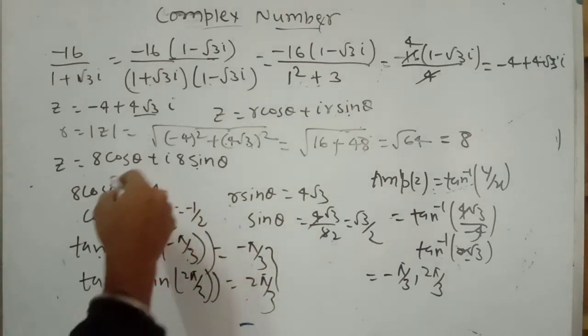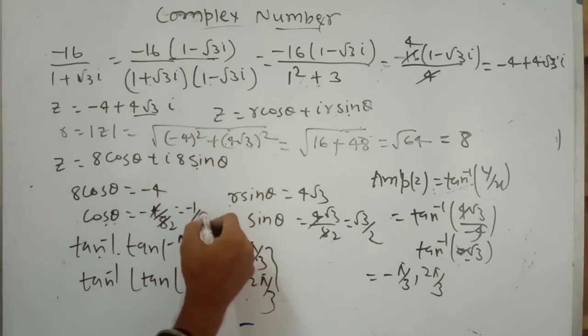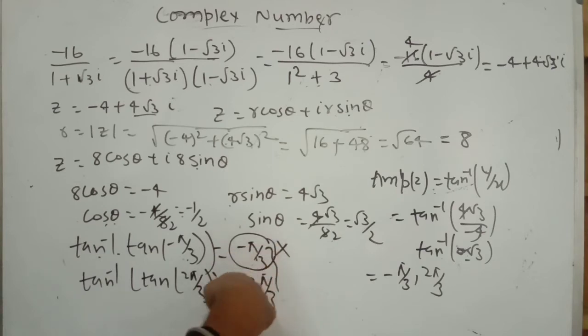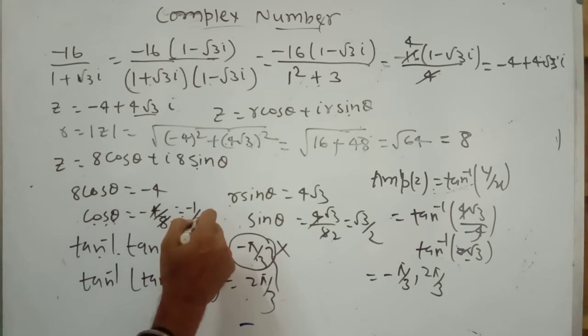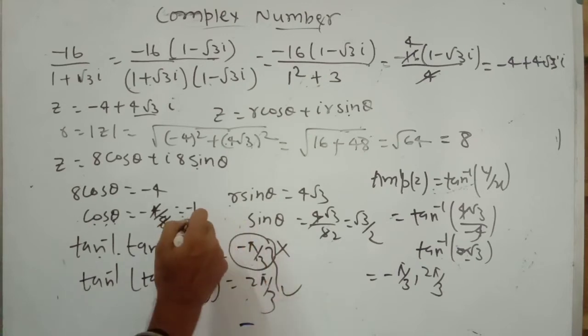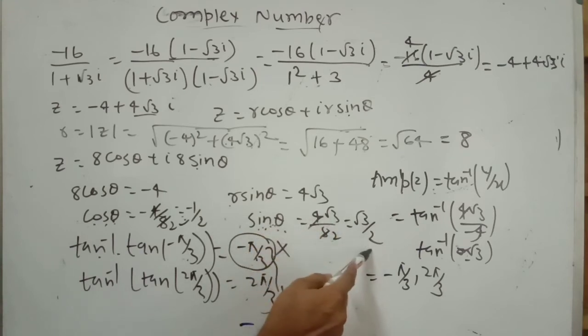But first of all, compare this one. When you put theta equals minus pi by 3, it is in the fourth quadrant, and in the fourth quadrant cos value becomes positive, but here it is negative. So minus pi by 3 is not possible. Now if you put 2 pi by 3, it is in the second quadrant. Cos 2 pi by 3 becomes cos 120, which belongs to the second quadrant, so the value is minus 1 by 2. So it is true for this one. After that, put sin 2 pi by 3, so sin 120, and 120 belongs to the second quadrant. In the second quadrant sin theta is positive, so sin 2 pi by 3 becomes root 3 by 2.